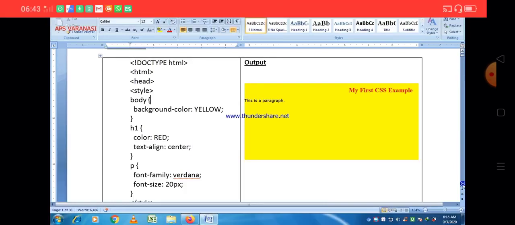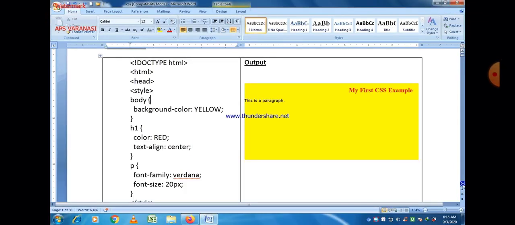Here we can see background-color; this is the name of the attribute, with background and color separated by a dash sign, then a colon sign, then yellow, then a semicolon sign, and the curly brace is closed. So what happens after that is that the background color of the web page is yellow. We apply the background color for the whole body of the web page, so that's why the background color is yellow.